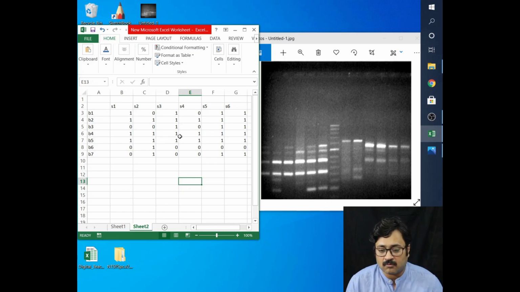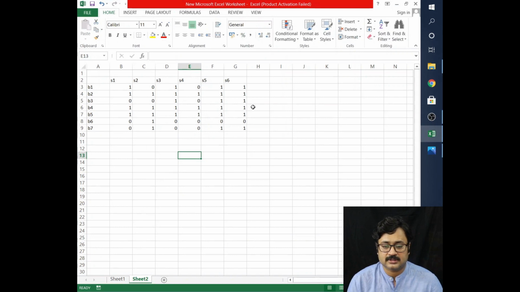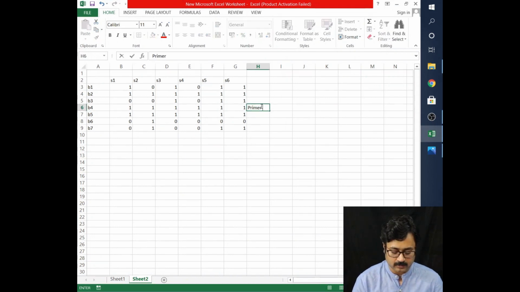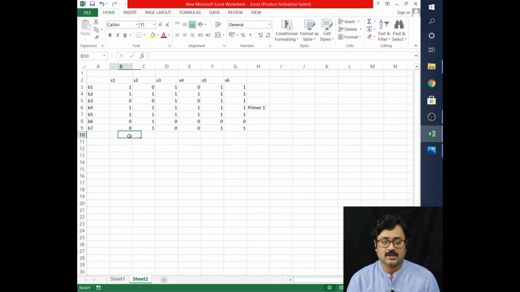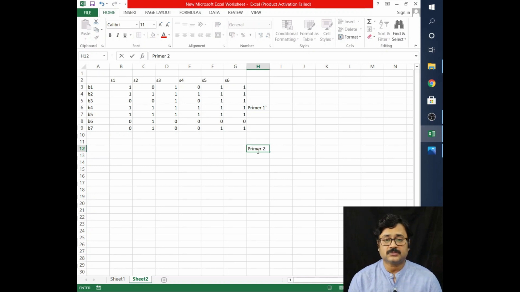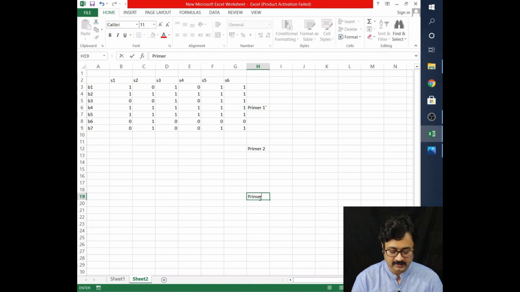So now what you will do is, suppose we have created this for primer 1. Accordingly, you will prepare this particular data set for all of the primers. Suppose for your study you have used a total of 20 or 30 different primers. For each you will prepare the data like this, and then you will keep adding beneath this. So this is the first one, then the data for primer 2 will be added here, and then the data for primer 3 will be added here.